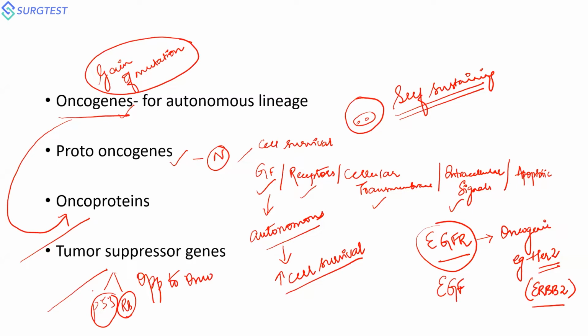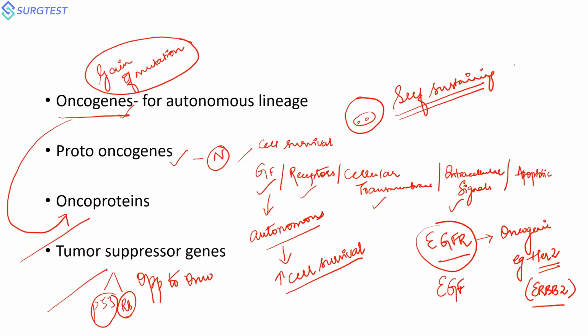In this entire slide, what I'm trying to enforce is that I will be giving you certain examples of oncogenes, proto-oncogenes, and your tumor suppressor genes. Learn it, understand it in the right sense, and understand the mechanism of function and how they act, because once you know the P53 mechanism of action and retinoblastoma mechanism of action, you will not confuse it with a routine oncogene. A common MCQ asked in all your DNB and NEET SS pattern questions is, they will give you a few options and ask you to pick out which one of the following is not a tumor suppressor gene, or which one of the following is not an oncogene.